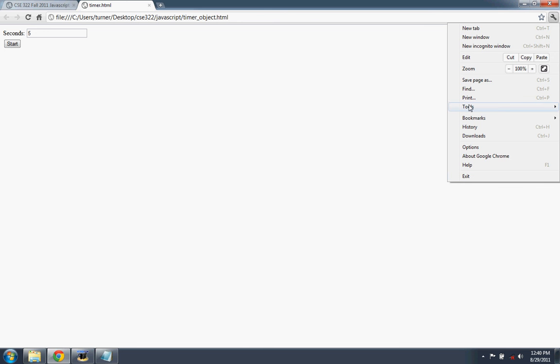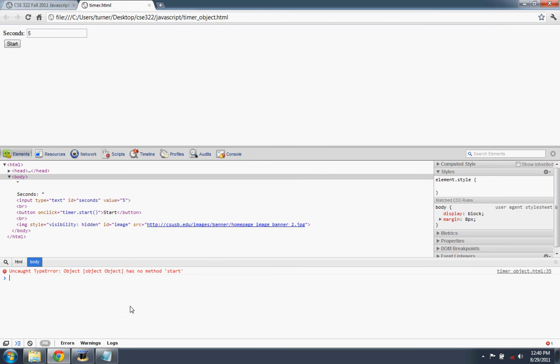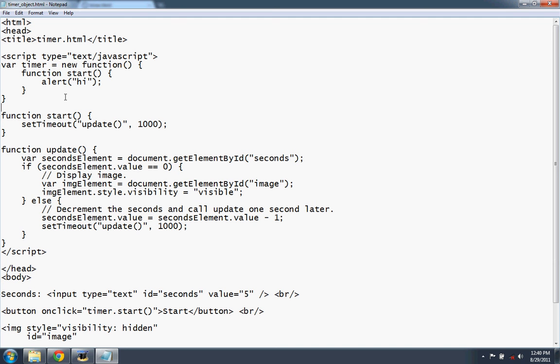Let's see what the problem is. I'll bring up the JavaScript console. The object has no method start. So we do new function, and this function, oh, I see my problem here, should be start